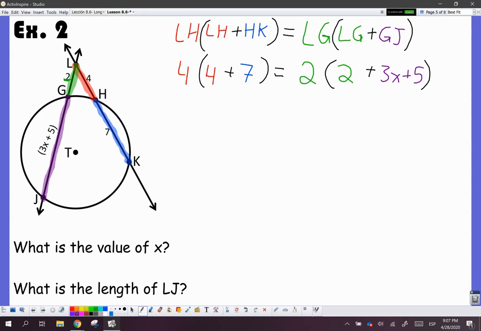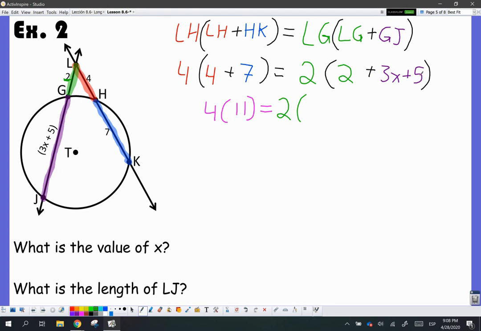Now I'm going to take this one step at a time though, because there's some parentheses here that are going to be playing tricks on us. So let's tread carefully here. Let's go one at a time. So inside my parentheses, I have 4 plus 7. And I know that 4 plus 7 is going to be 11. So then I have 4 times 11 equals. Over here, I'm going to keep the 2 on the outside, but on the inside, I have 2 plus